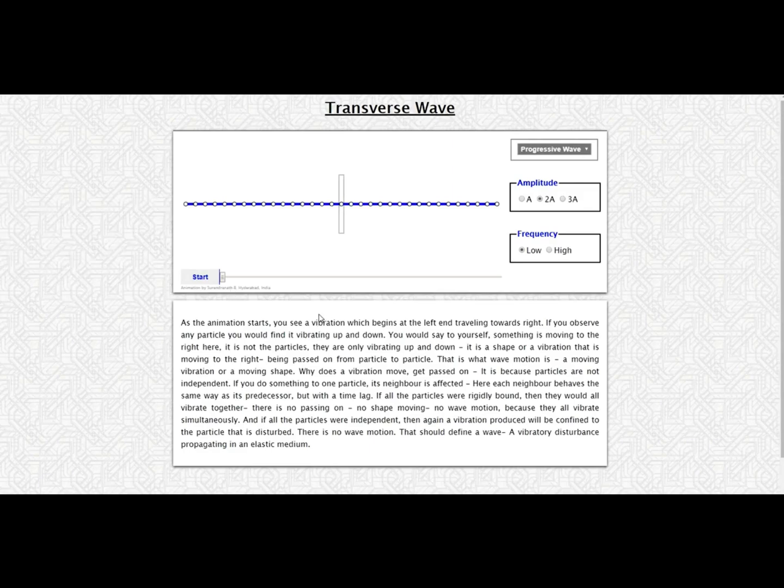So this is the medium. Could be a spring, could be a rope, whatever it might be. Do you guys remember what's the source of every wave in existence? That is a vibration. There's the vibration on the left-hand side, and that's going to be creating this transverse wave. Notice that the vibration is going straight up and down on the y-axis, and the wave is moving along the x-axis, perpendicular to it.